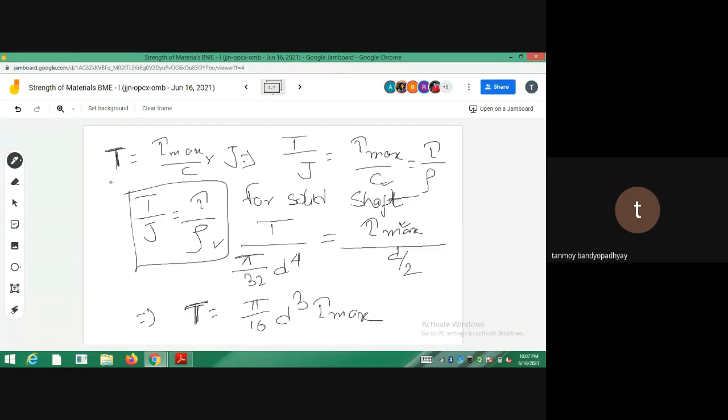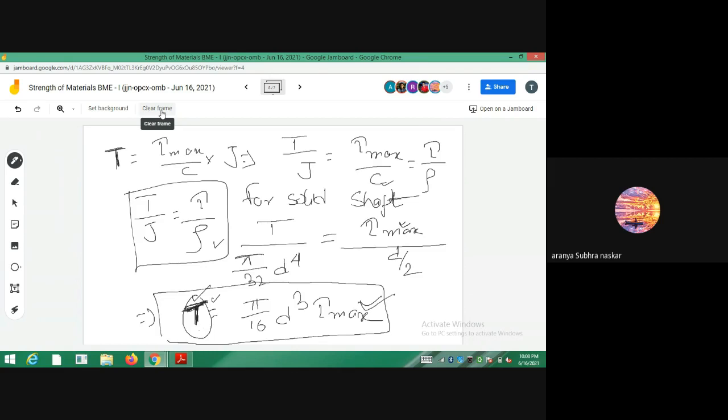For a solid shaft, if you are given tau max and need to calculate the value of the torque, you can do this. Or else you will be given the value of the torque acting on the structure. Torque is actually acting on the outer surface. This torque may be given, and you may need to calculate the maximum shear stress developed in the solid shaft. And if it is hollow, so if it is a hollow shaft, hello.